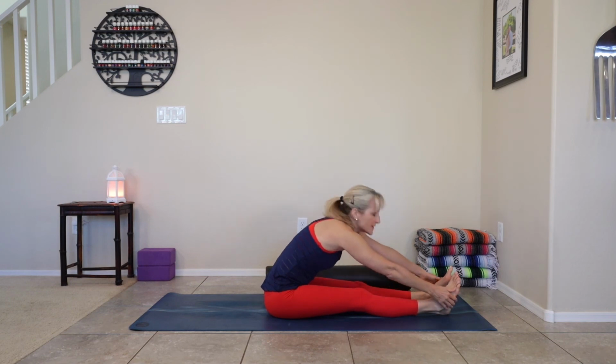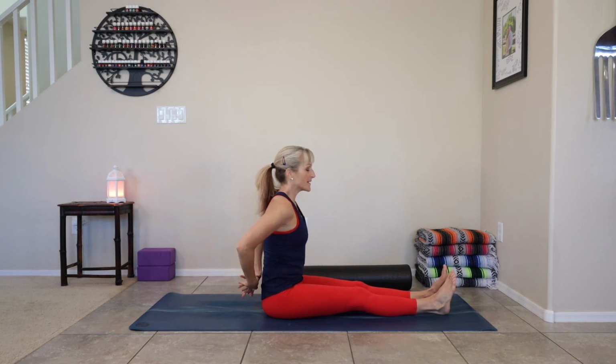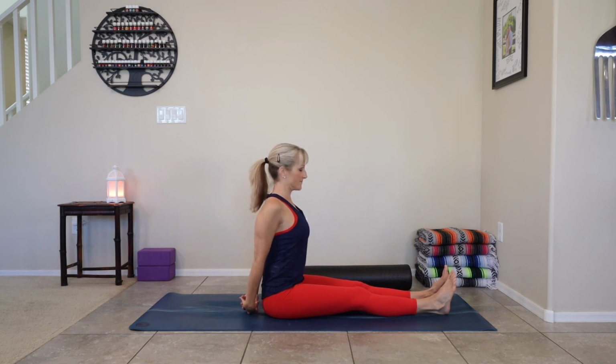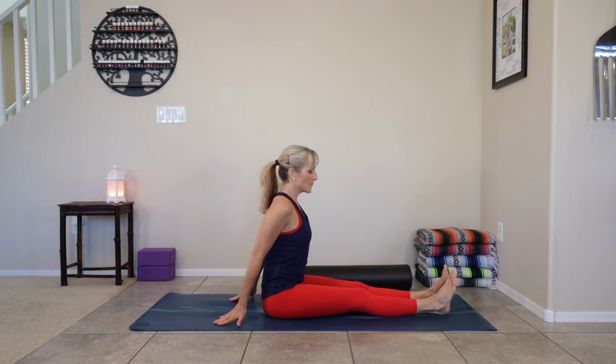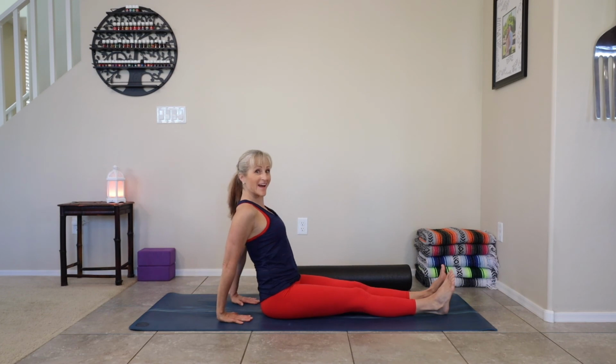And then I want you to inhale, reach the arms all the way overhead. Exhale, both fingertips behind the back. Interlace those fingers if you can, and then just gently open up the chest. And then we're going to release the fingertips. Bring them behind you on the mat, and they can be facing away or towards the body, whatever feels good